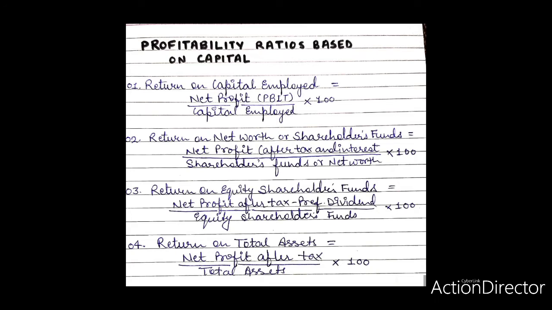Net profit means the profit earned by capital employed. It is the net profit before interest, which is on long-term loan, and tax, PBIT, excluding non-trading income such as income from investments, non-recurring and abnormal profits, and non-trading and abnormal losses. If profit after interest is given, then interest on long-term loans will be added back. It should be remembered while calculating return on capital employed that profit before interest and tax should be used for measuring managerial efficiency, and profit after interest and tax should be used for comparing two firms or computation for owner's purpose.